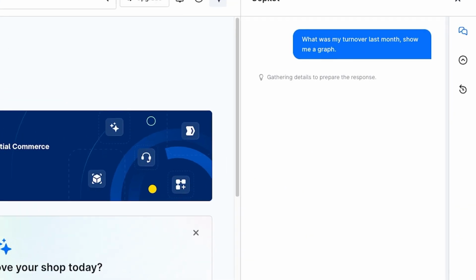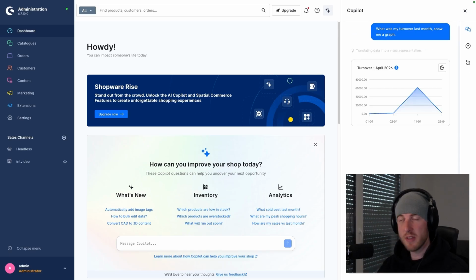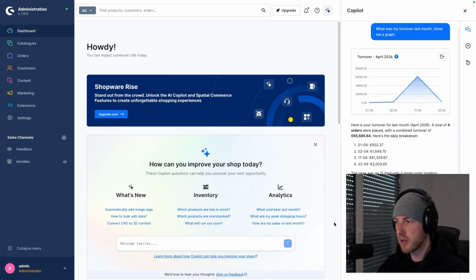And what the AI Copilot does is it'll look at the data and create a graph for me with even more additional information. Usually you can then see more precise figures there as well. And we also have the option to continue working with it afterwards, right? So we can see here, for example, okay, 61,329 euros and 87 cents were earned here, or rather made in